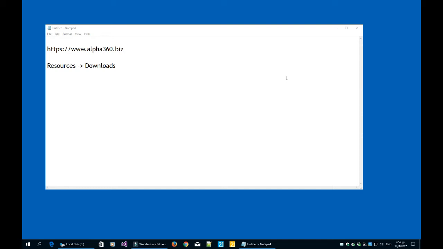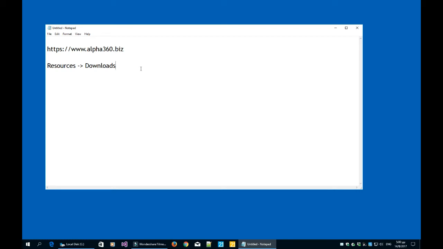If you are already a commercial subscriber, you have received instructions on how to download your version. If you are an open source developer, you can go to our website at the resources downloads area and download